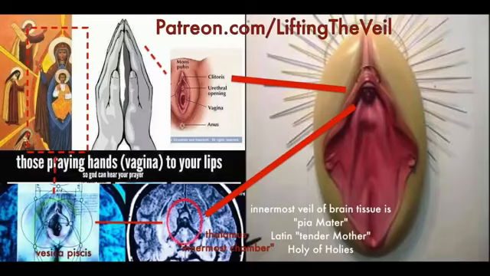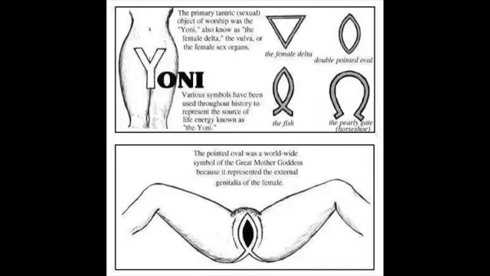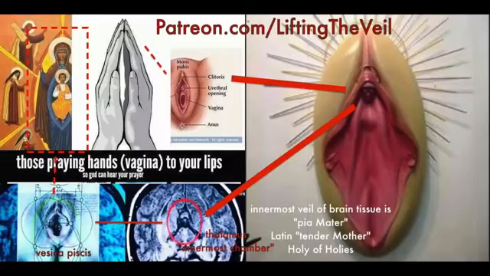So again, this directly links the as above, so below the belt. As within the brain, so below the belt. And again, the fornix and the pia mater, or in other words, the vault of heaven, and the tender mother, and her vault within the brain, the vesica piscis. So the chrism, the Christ, sits within the vesica piscis, the tender mother, in the arms of the pia mater, of the tender mother. And within the brain, the word Christ comes from